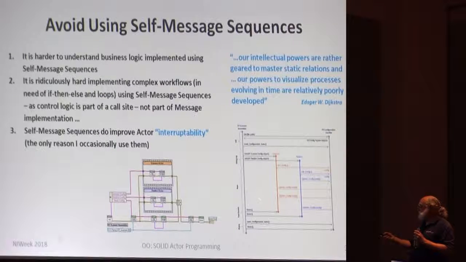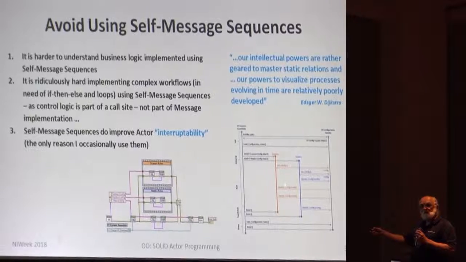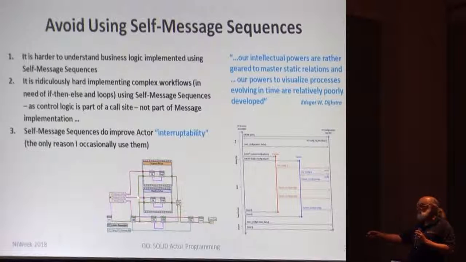When you program actors with non-blocking messages, you have to design your sequence diagrams. They're hard to read, hard to follow, and hard to debug. If inside your helper loop you have a diagram like this with blocking messages, it is safe and easy, and you can use your execution highlighting and put probes on the wire. So this is probably the most important use case for blocking messages.